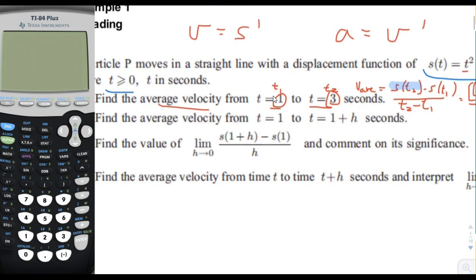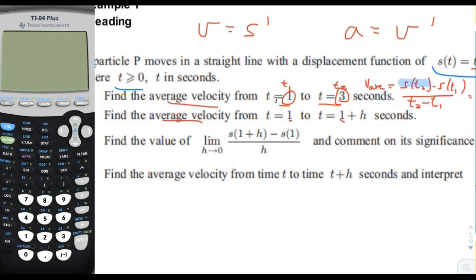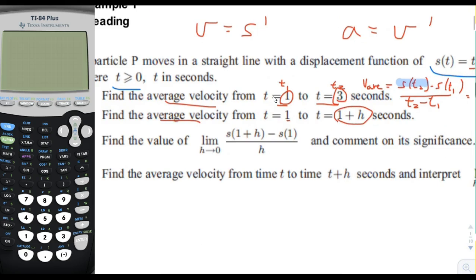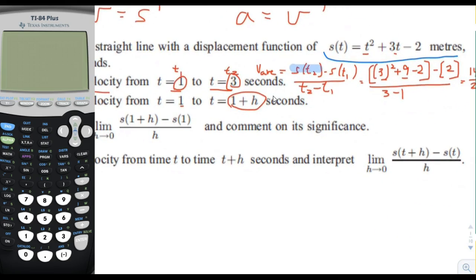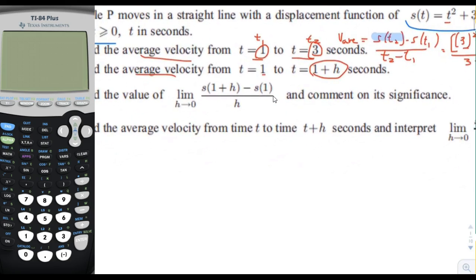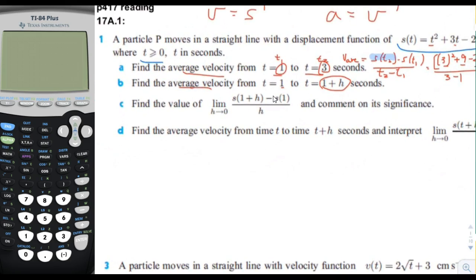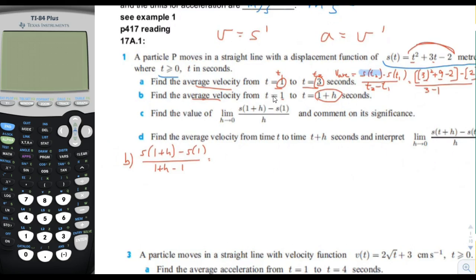Okay, and then we go on to the next one. It says find the average velocity from t equals 1 to t equals 1 plus h. And so we're going to do the same thing here, except now we've got kind of a weird expression for the numerator, because we're going to put in s(1 plus h) minus s(1), divided by 1 plus h minus 1. And that's going to give us the average velocity that we're looking for. And remember, we've got this quadratic here, so we're going to put 1 plus h in for that, and we're going to get a pretty messy